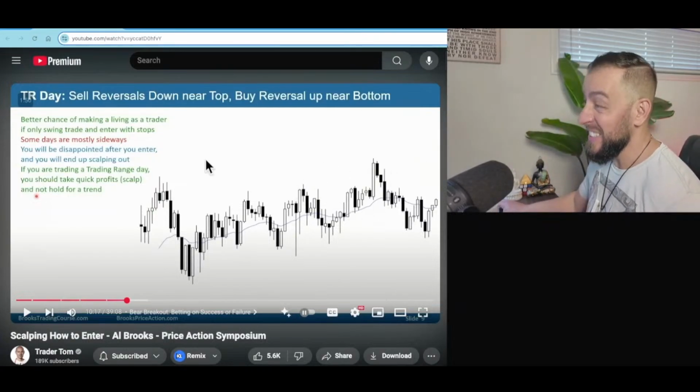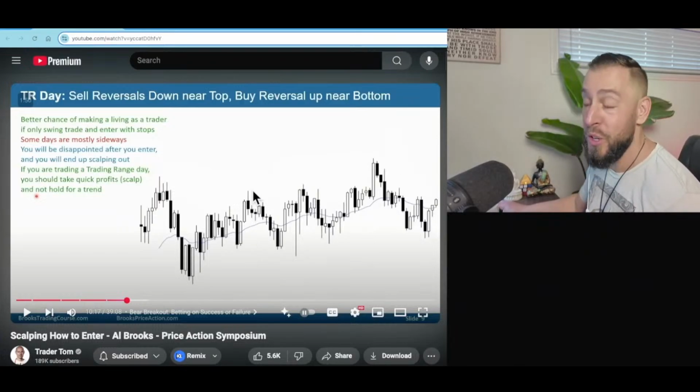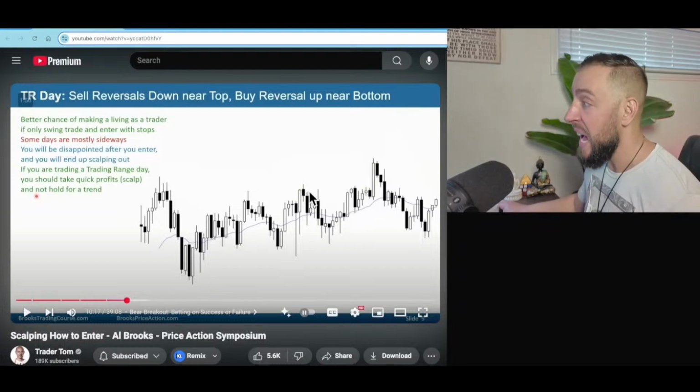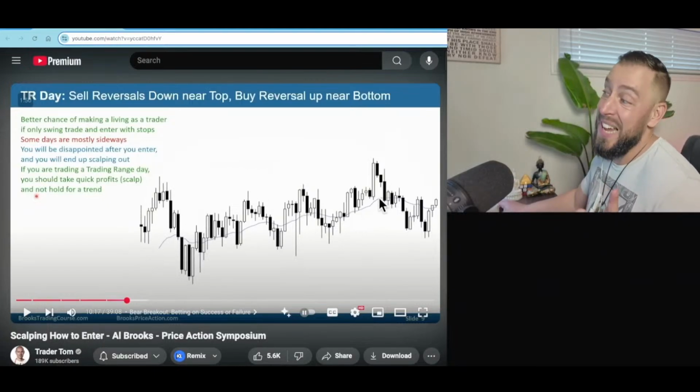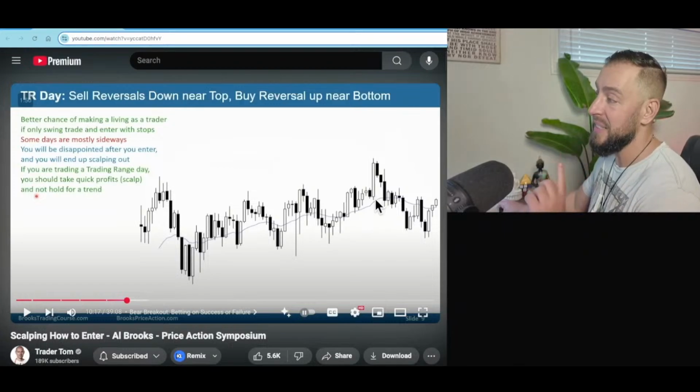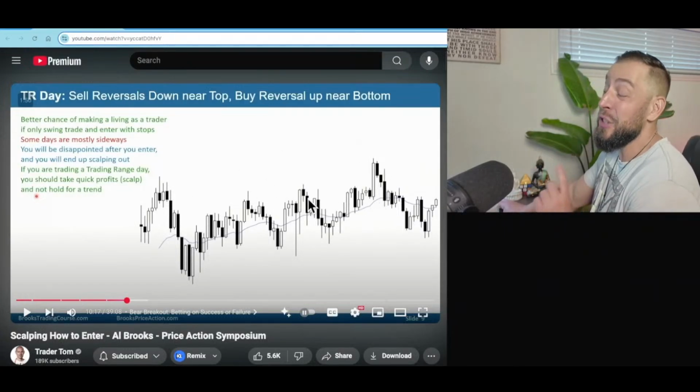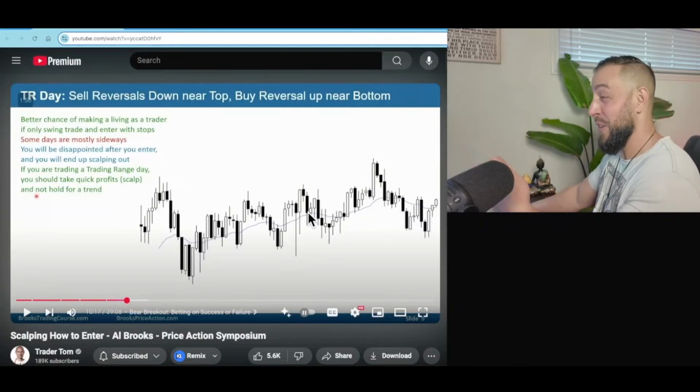Now, why? Because this is effectively a trading range. Look, the price went a couple points above that high and then reversed down. And every time the price gets to a new high, it goes a couple points above, if that, maybe a few ticks above, and then reverses down. Okay. So if you are trading this like a trend, you would get wrecked. You want to trade this like a trading range because this is effectively a trading range, okay? It's a trend, but it's barely a trend, and it's more of a trading range than a trend.